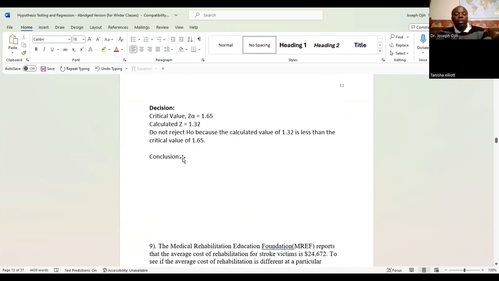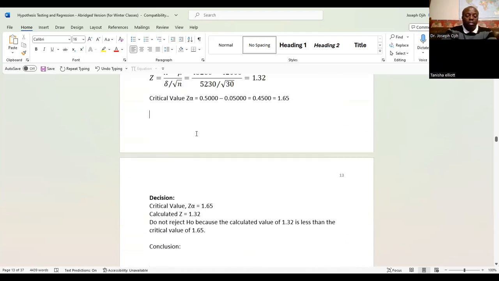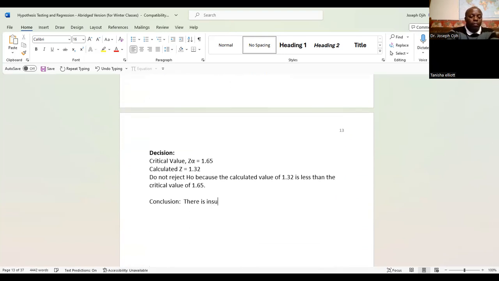So we say that there is insufficient evidence to support the claim